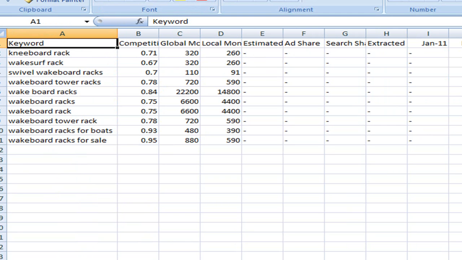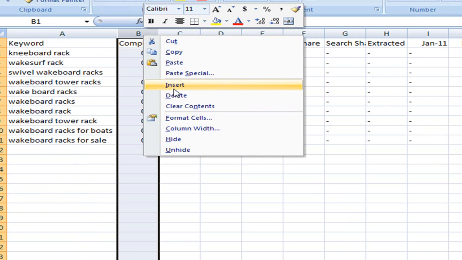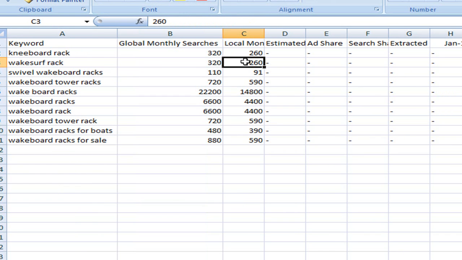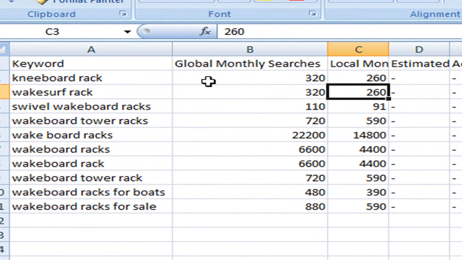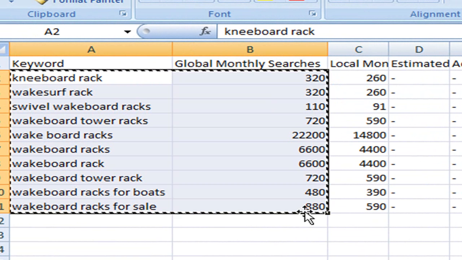Now, when I get this, it's kind of overwhelming. You see that. I don't use all of these. So competition, again, I'm not going to use that because I'm not doing this for AdWords. And I'll go ahead and expand that. And again, really for me, I'm only looking at the keywords and these global monthly searches. For you, it might be local. So I'm going to copy paste those,